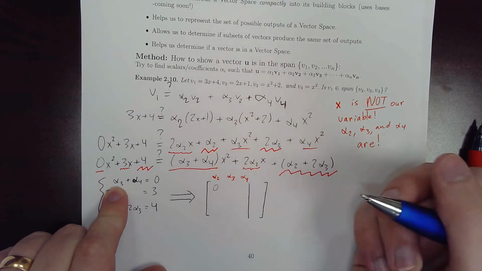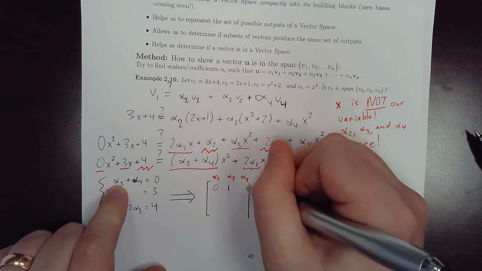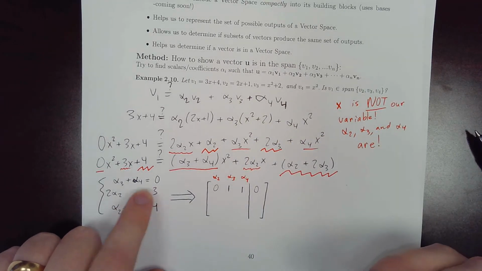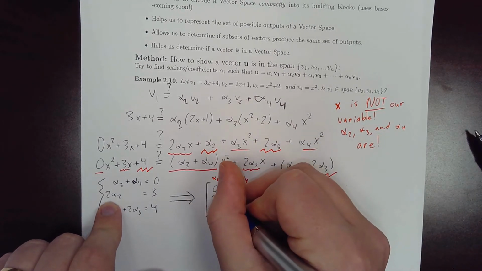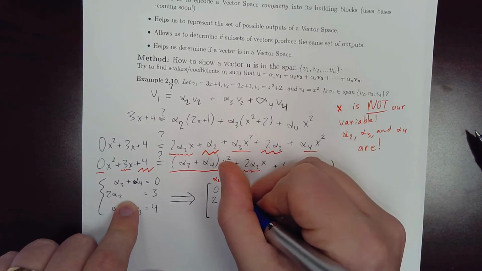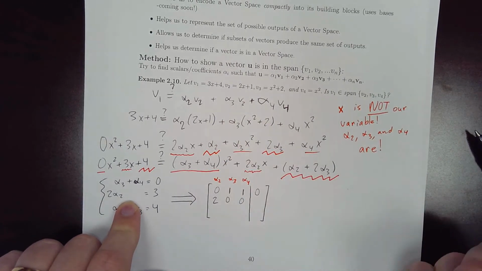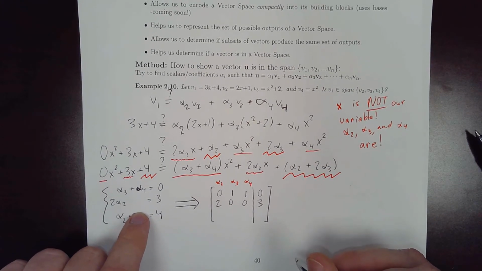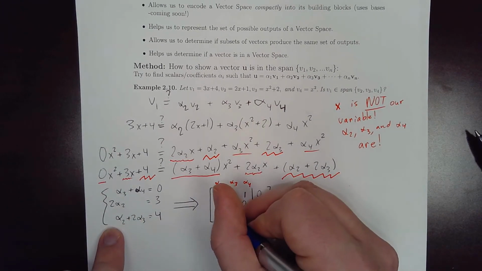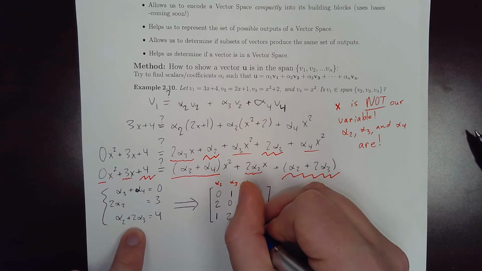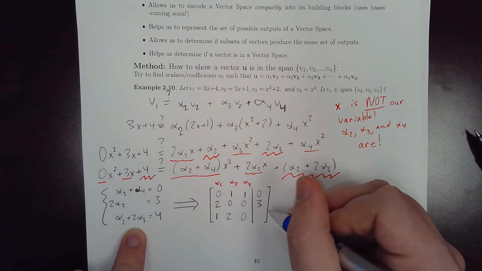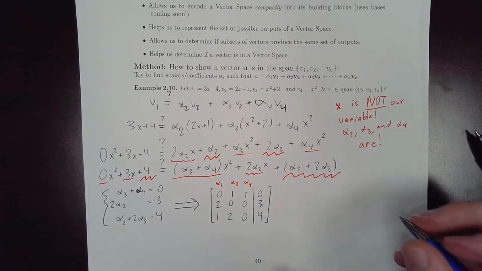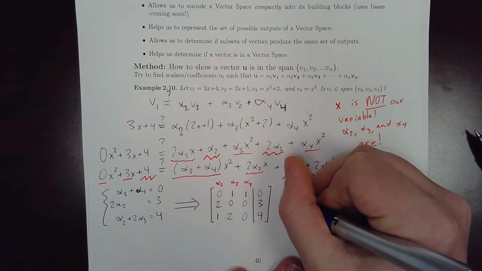We don't have any alpha 2s, we have 1 alpha 3, we have 1 alpha 4, and it equals 0. Our next equation, we have 2 alpha 2, no alpha 3, no alpha 4, and it equals 3. And then for our last equation, we have 1 alpha 2 plus 2 alpha 3, no alpha 4s, equals 4. Now when we put this into reduced row echelon form,